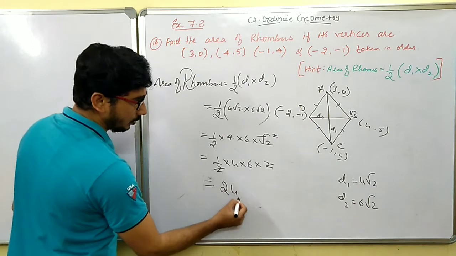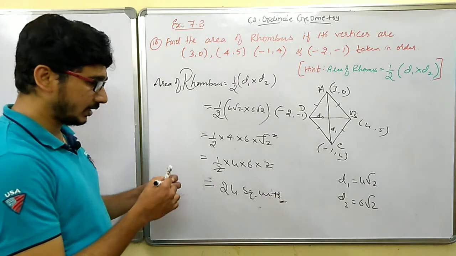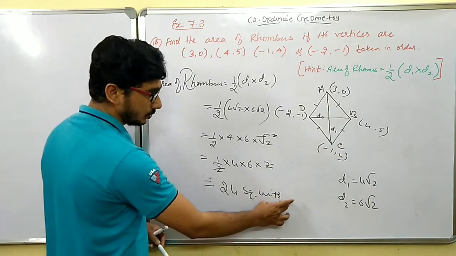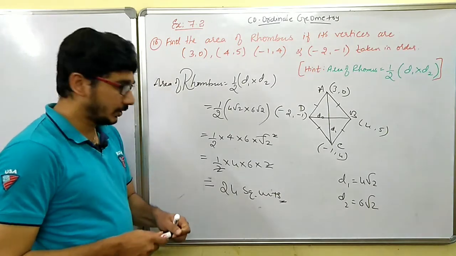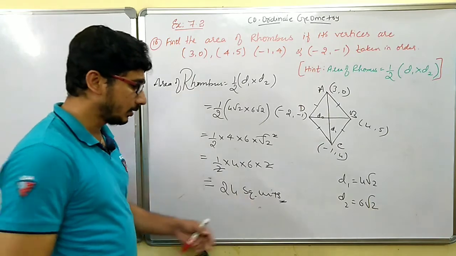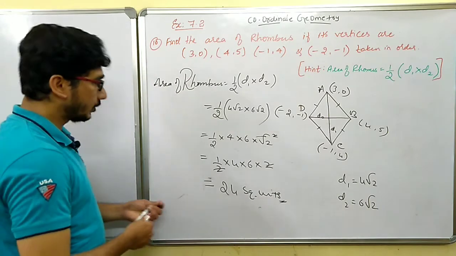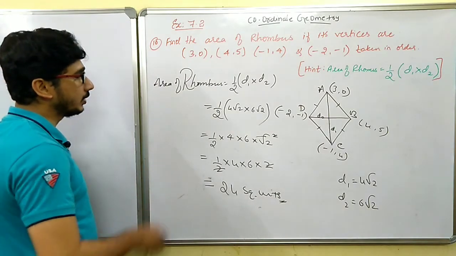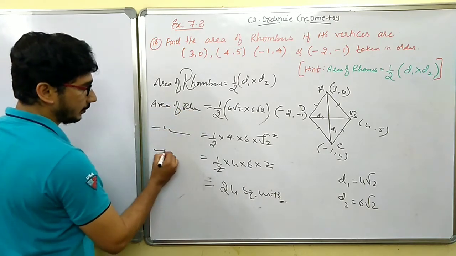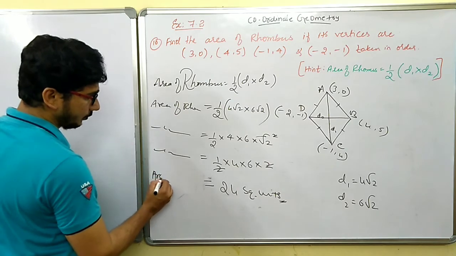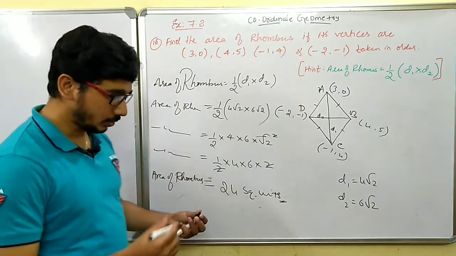6 4s are 24 square units. In the last problem somewhere I did not mention square units, I just mentioned units. That Champa Chameli problem, in that we have to find the area, I missed square. Okay, kindly look into that. 24 square units, square units we got. That is the area of rhombus. We have to write here area of rhombus also. Okay, in examination you should not leave it like that only. Okay, you have to write everything in full. Area of rhombus is 24 square units.